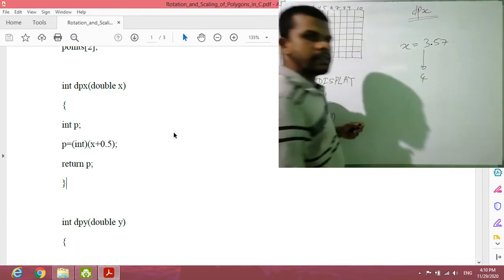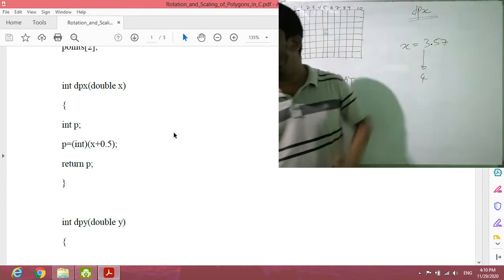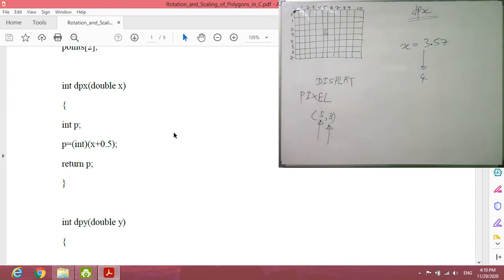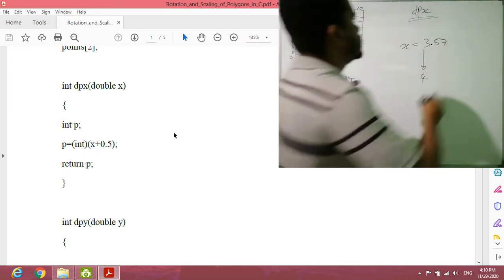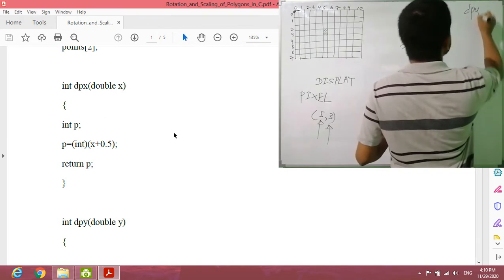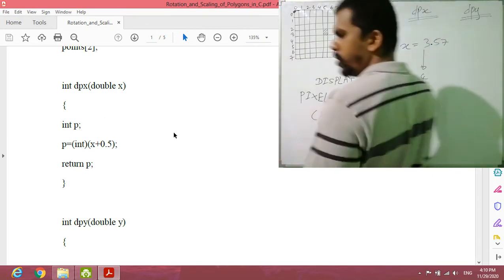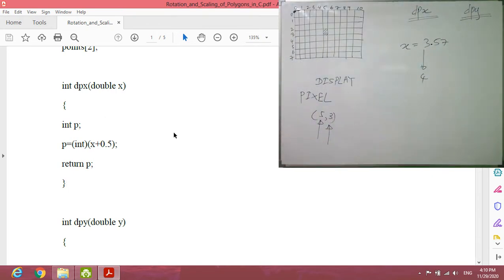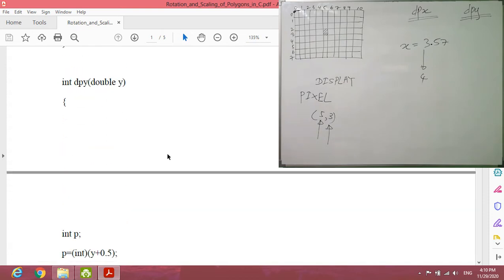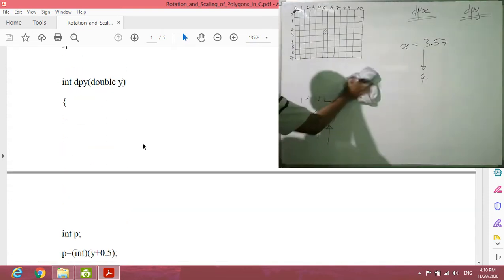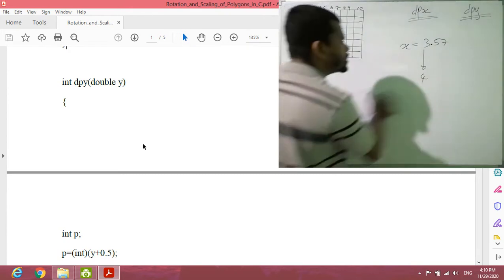Therefore we use the dpx function, and dpy is used to round y coordinates. Not only that, there is another purpose in our dpy function. Let me explain that one. Not only rounding,